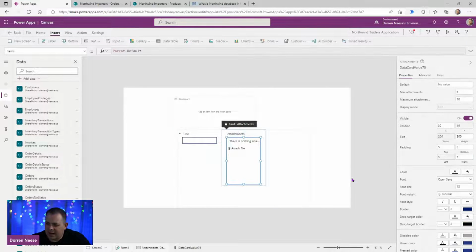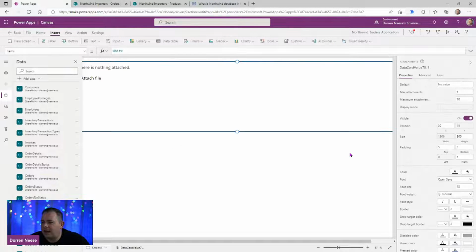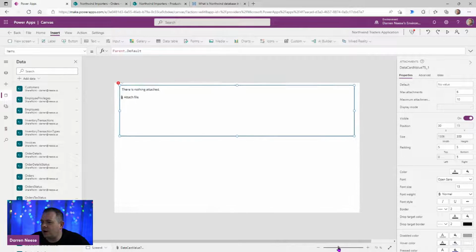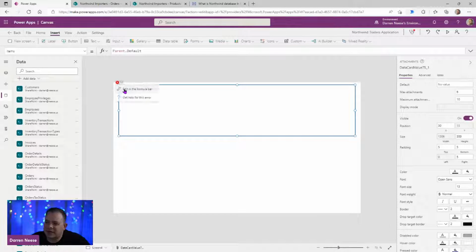You can have this little attachments control separate outside of a form, but the only way you can get it is by creating a form like this. Isn't that funny? So I can hit Control C, create a new screen, and have attachments. I can have a user upload stuff using this. Of course, it's got an error because it's looking for the parent,